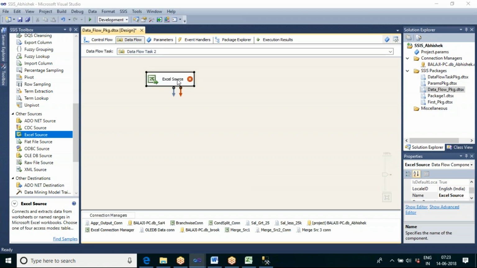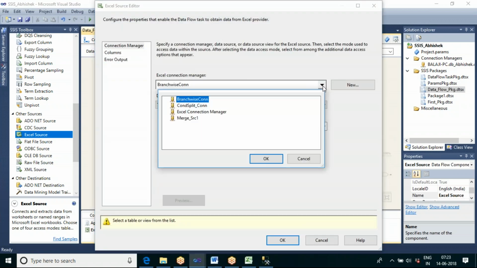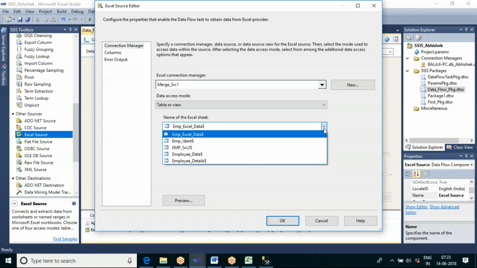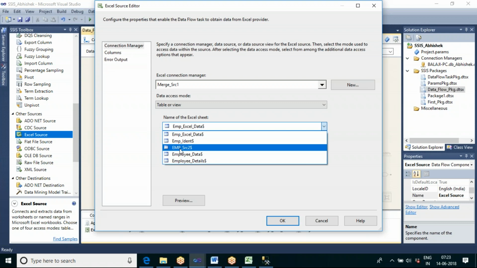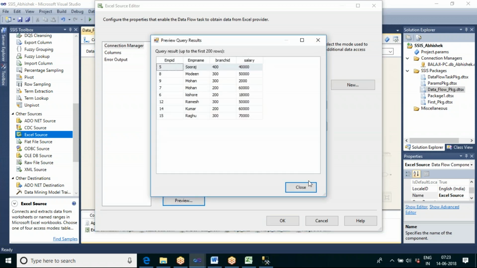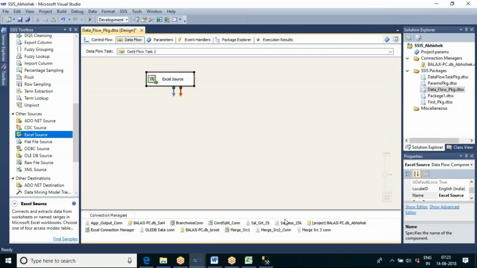Now let us take the merge source 1 connection. In that Excel file we have multiple Excel sheets. We have EMP source 2, and on preview we are getting some records.